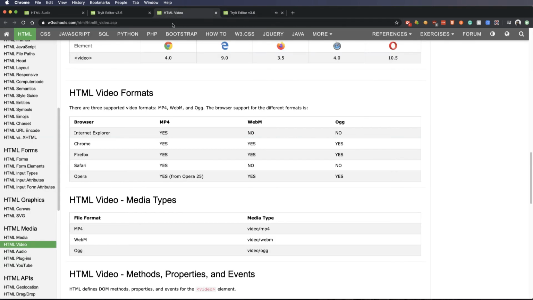So we go back here, we can see everybody's going to support MPEG-4, right? And that's great. But WebM, which is a really new and upcoming video format, they're not getting support from Internet Explorer or from Safari. And that's primarily because WebM and WebP were developed by Google, and Microsoft and Apple just won't jump on board with that. So you'll have to use MPEG-4 until they decide to be part of that